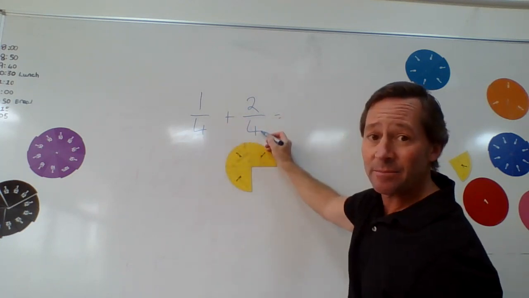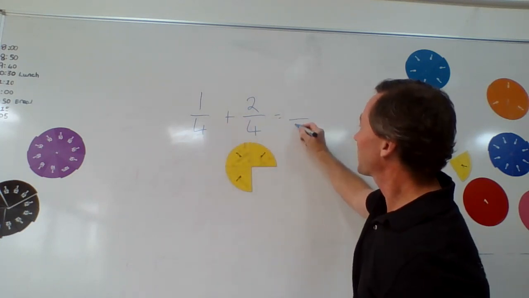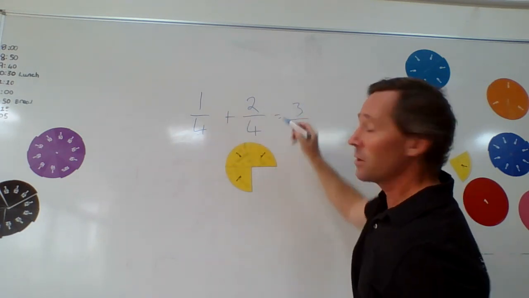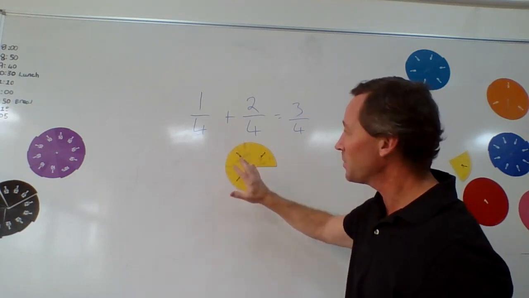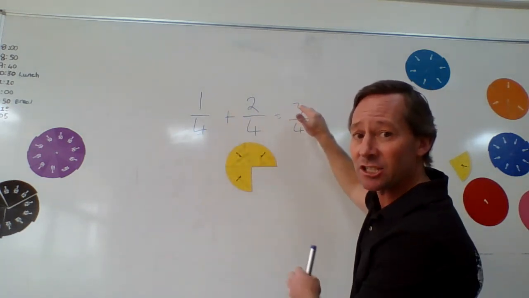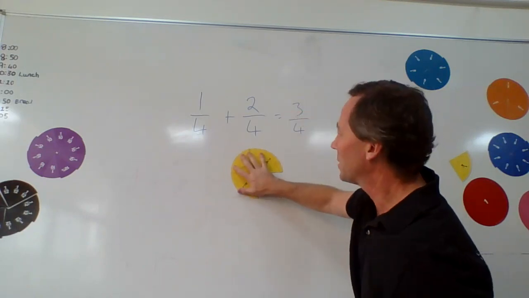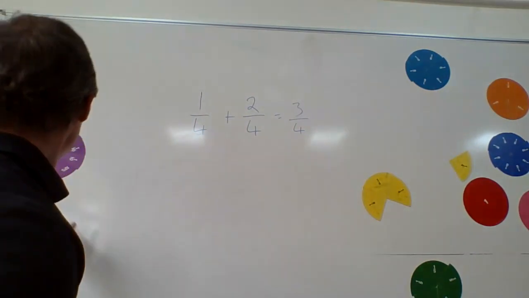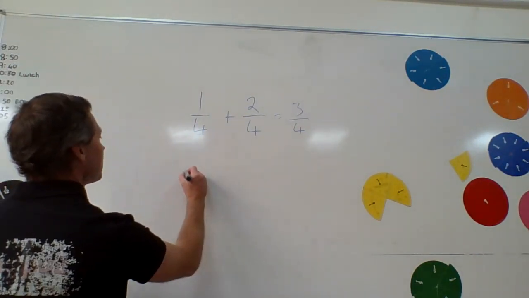If they are the same denominator, we can keep that the same. There's 4, and we just add straight across, 3/4. So in these particular cases, it's not a problem. If the denominator is the same, you can just add straight across. However, the problems that we do seem to have is when we have perhaps, let's say,